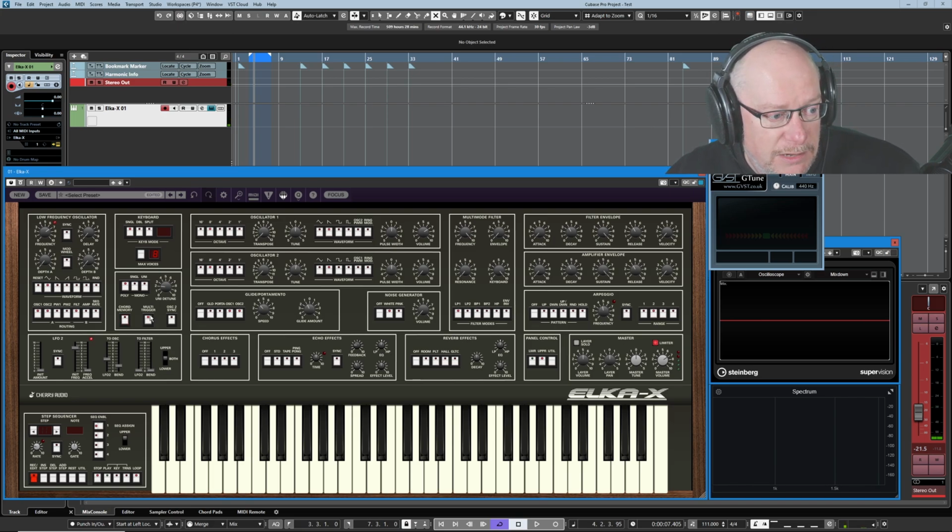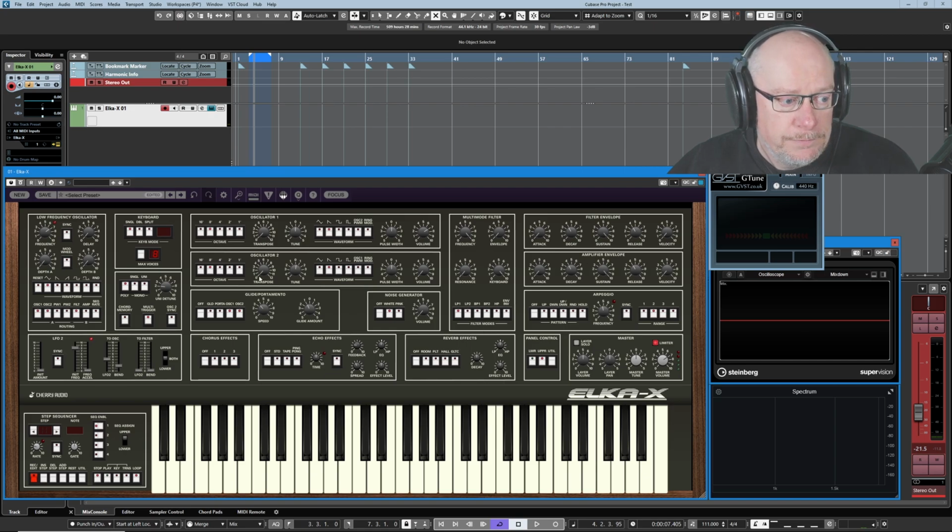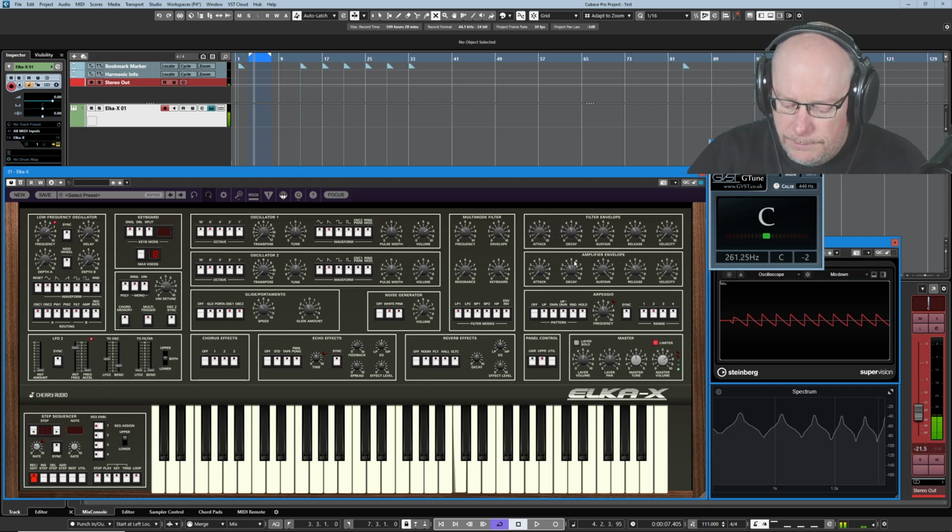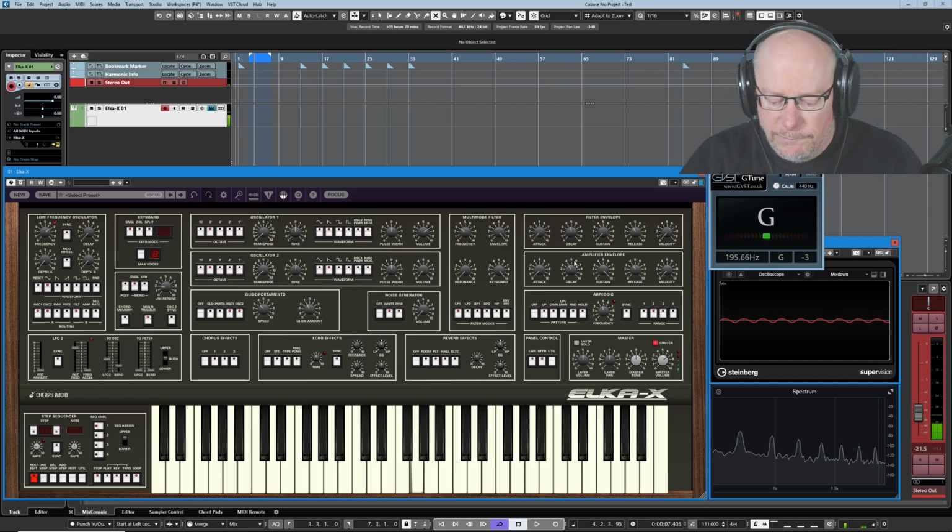Let's turn that off and have a look at multi-trigger. So what's going on here is, at the moment, every key on the keyboard has its own envelope. The easiest way to demonstrate this is with the filter. I'm going to put myself in monophonic mode and set a pretty dull filter with masses of envelope. I want to get to the stage where, there we go. It's really obvious